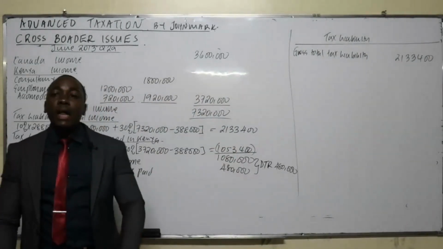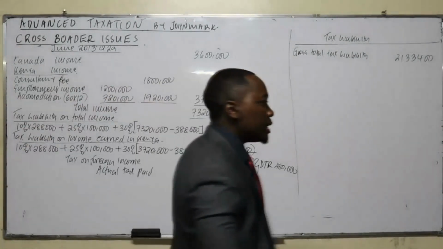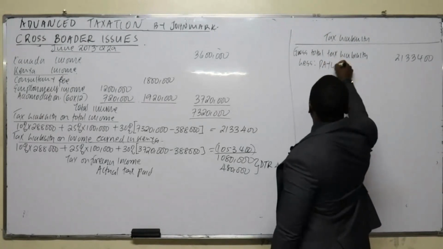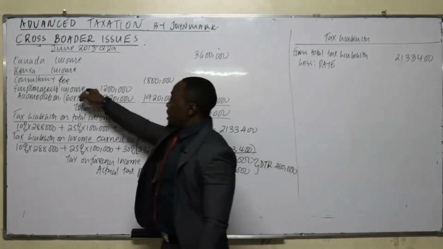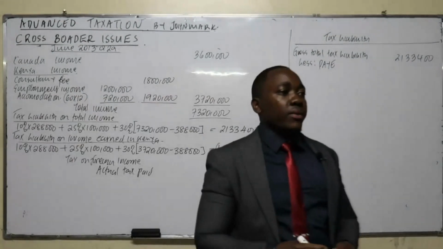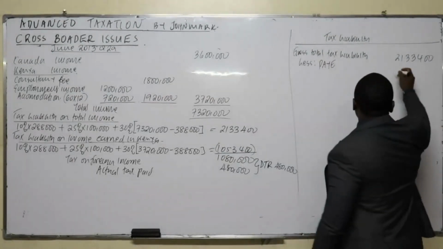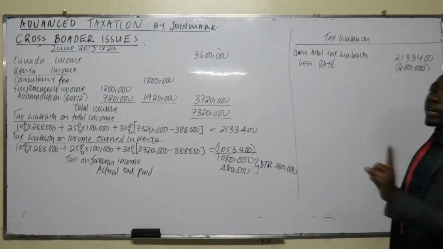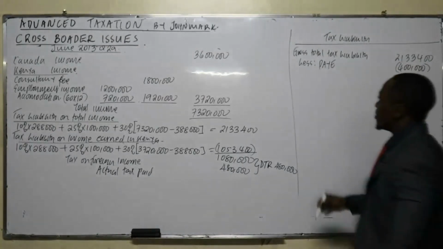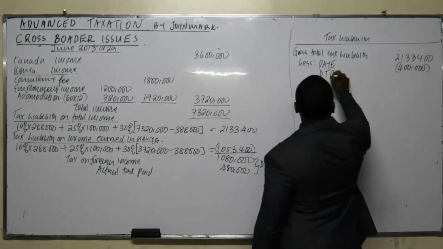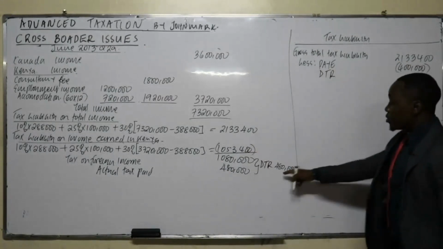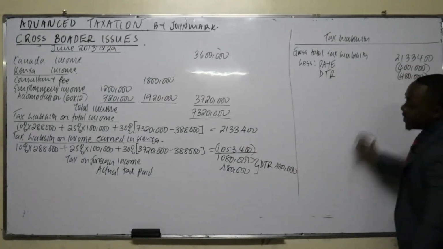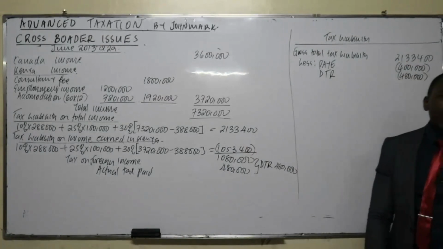Then from the income he had earned in Kenya, he had already paid some PAYE. You deduct what he has already paid, PAYE. Of this, an amount of employment income of 1.2, how much was the PAYE deducted? He had paid 400. Then, for the income earned in the foreign country, you claim a relief. You also deduct that double tax relief, the lower of, which is an amount of 480. And then you claim the personal relief.